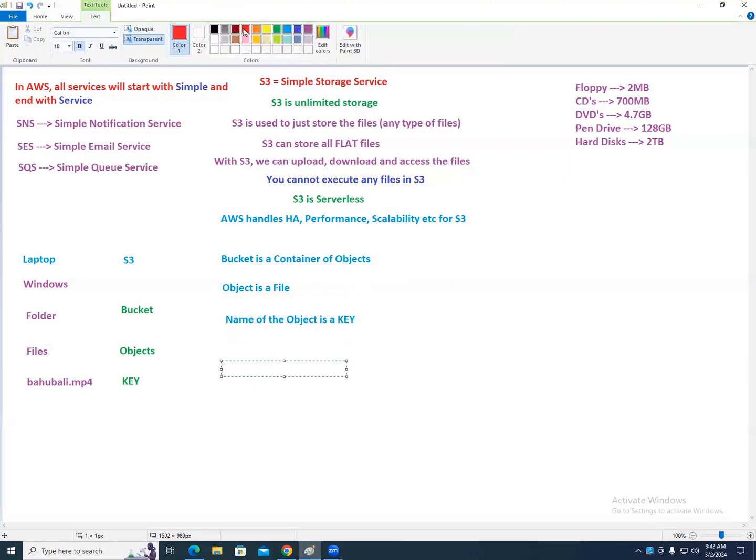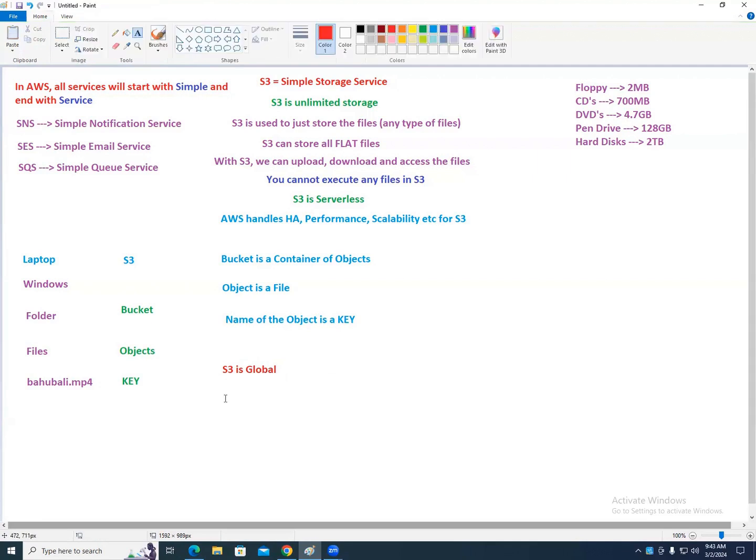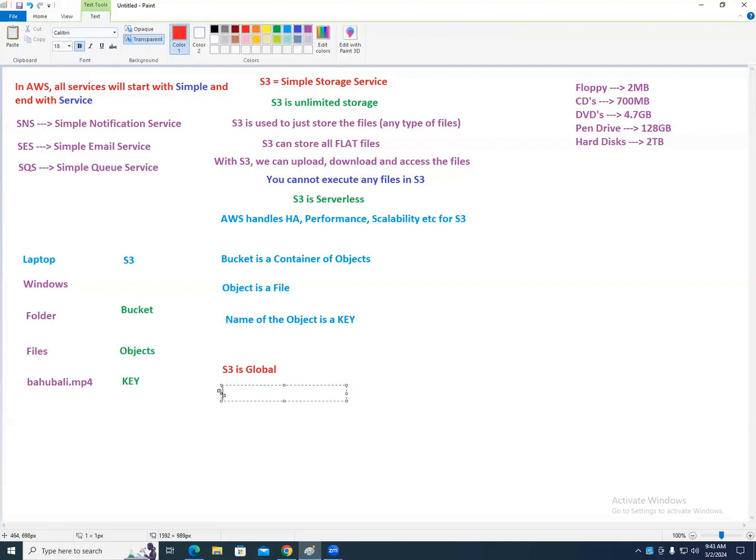And by the way, S3 is global. EC2 is regional, whereas S3 is global. But what do we create in S3? Buckets. We need to create buckets, and those buckets you can create in any region.